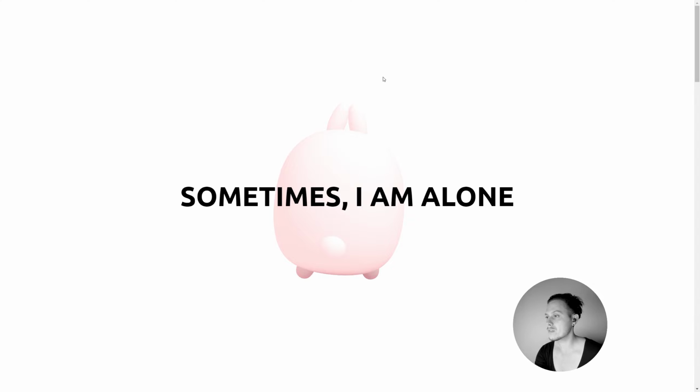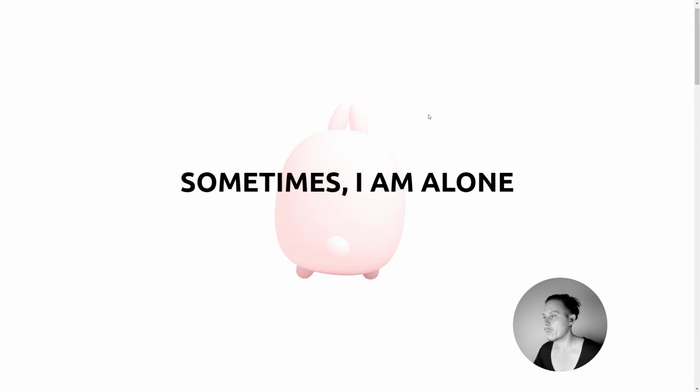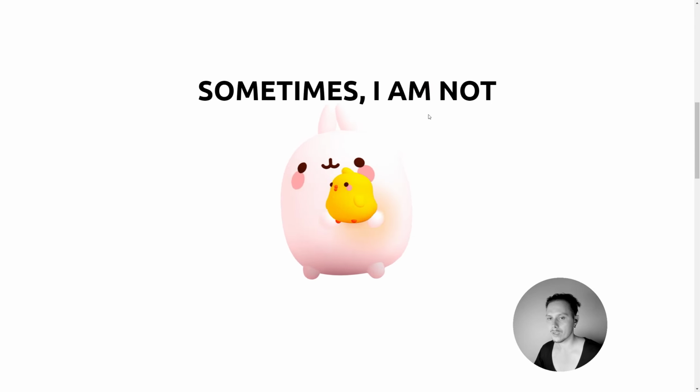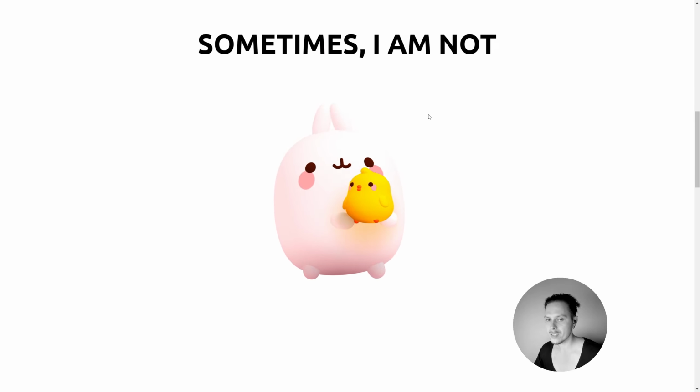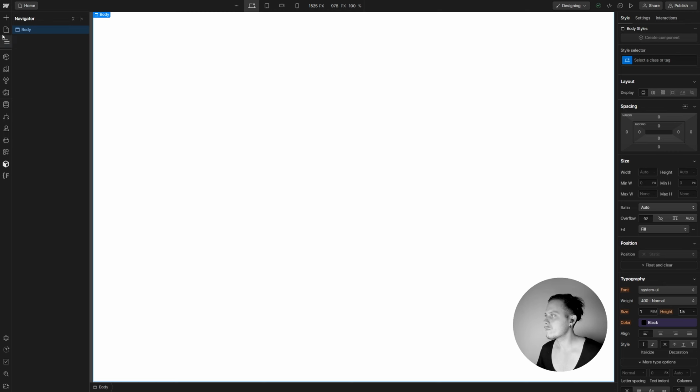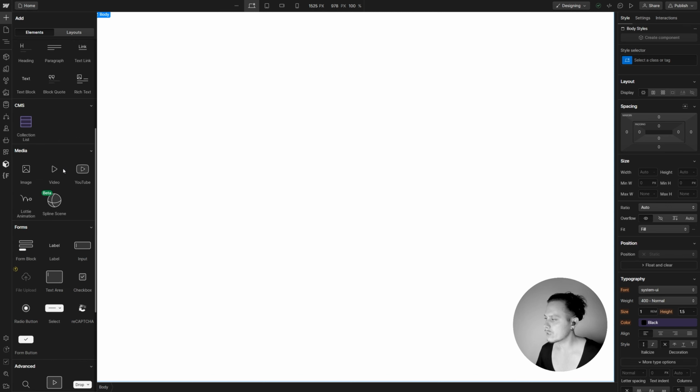The whole process is pretty simple, and we will only cover how we can achieve this rotation of the rabbit, and we will start from scratch. Let's also delete the styles and animation we no longer need. Those are gone already. Okay, so first, if you go to the add elements panel and scroll down to media,